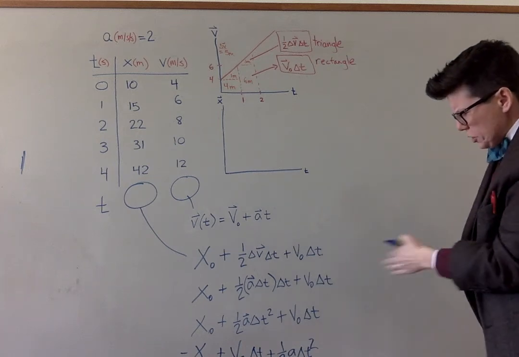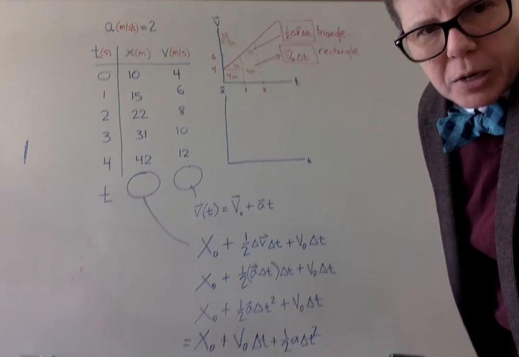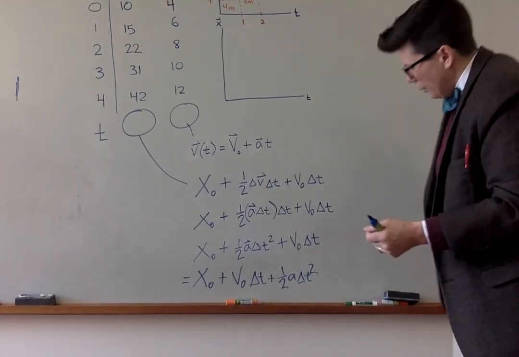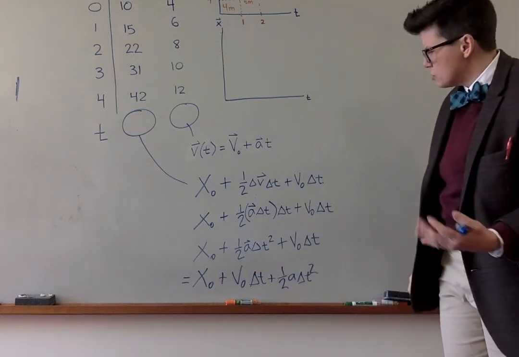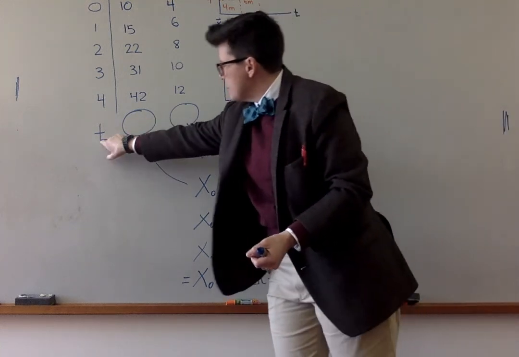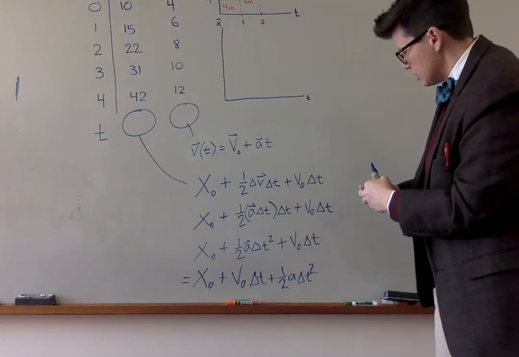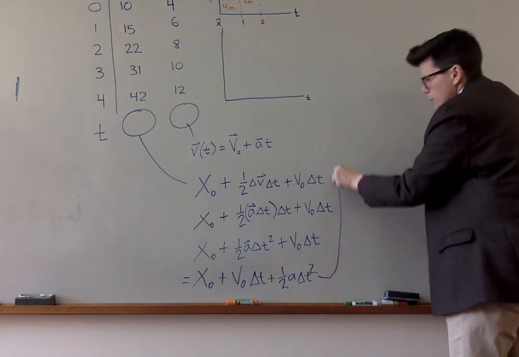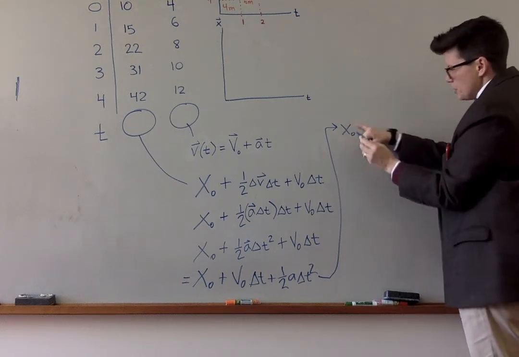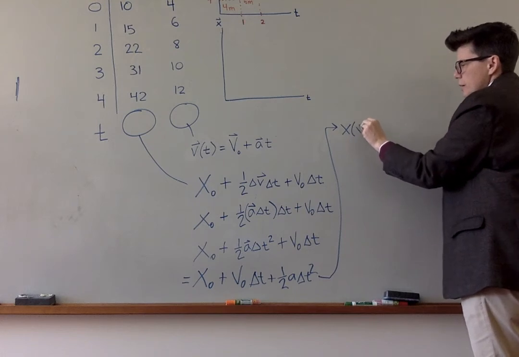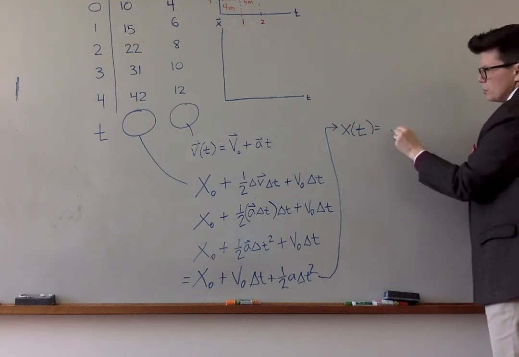So this is going to give you the position of the object. I know it's long looking and unwieldy, and it actually just left the bottom of the screen. There we go. All these deltas in here, we can actually take them out, because what I want to do is name a time on the clock, not some time interval like between 3 and 6 seconds. So one last little step is I'm going to say position of the object as a function of time is equal to